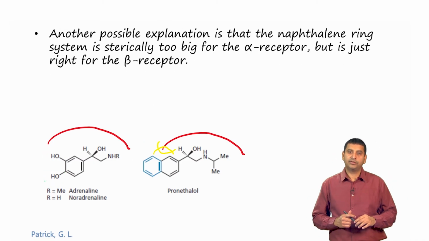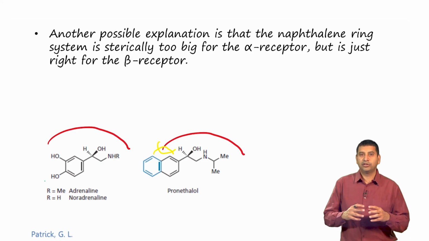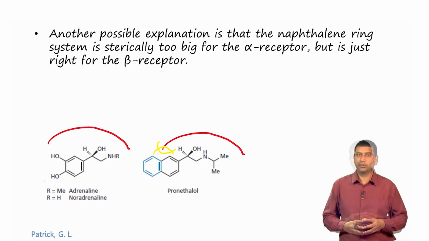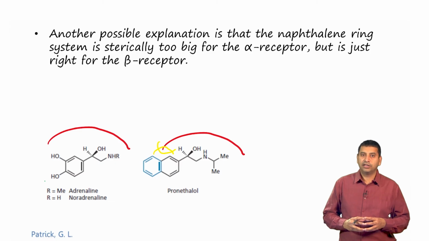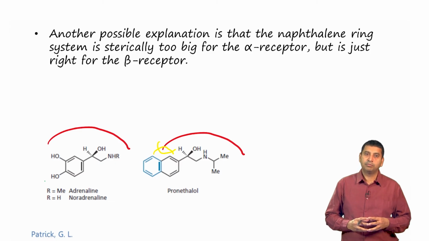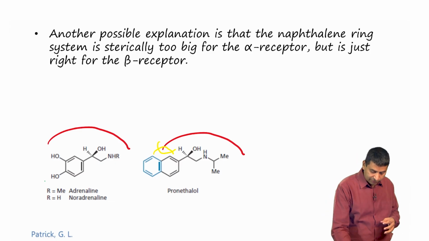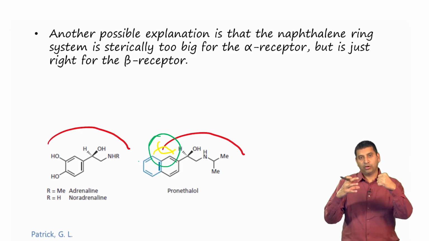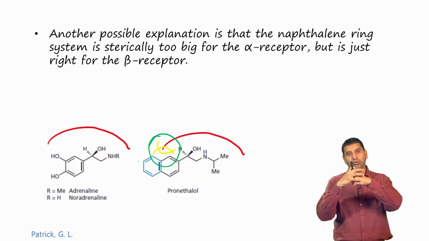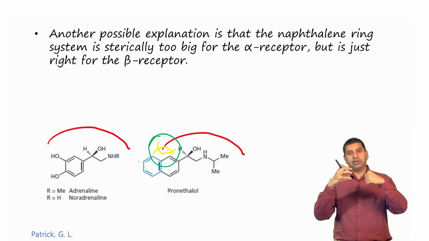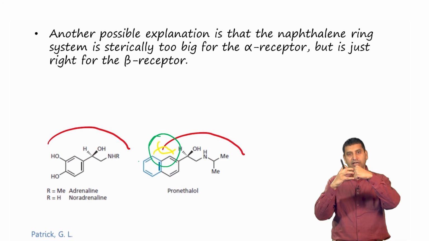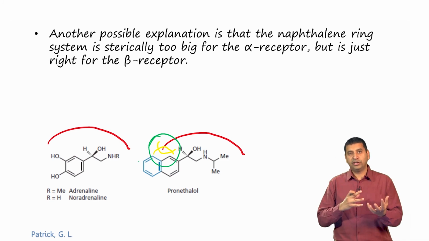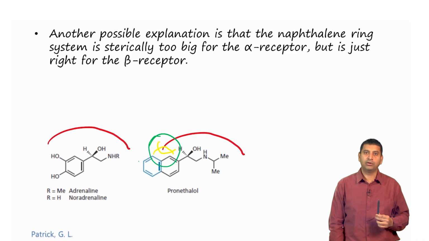Another possible explanation is that if the receptor is going to interact with this ligand, then there may be something that is sterically preventing the interaction as shown here, right. So, what may happen is that one of the receptors is going to bind in a particular way and it fits perfectly, but the other receptor may be binding like this, and so you have a steric clash which is going to result in some selectivity for one receptor over the other.